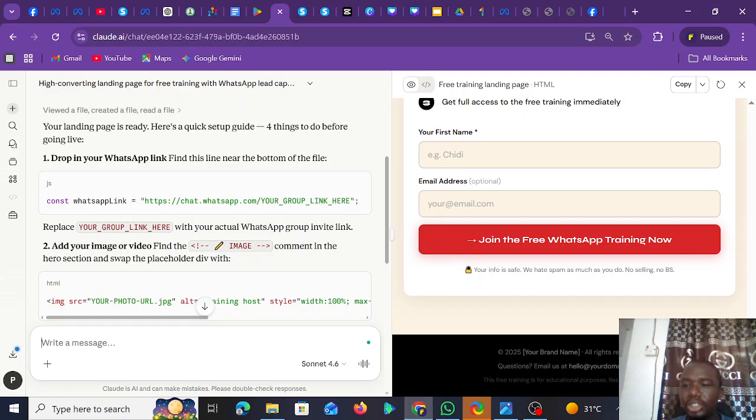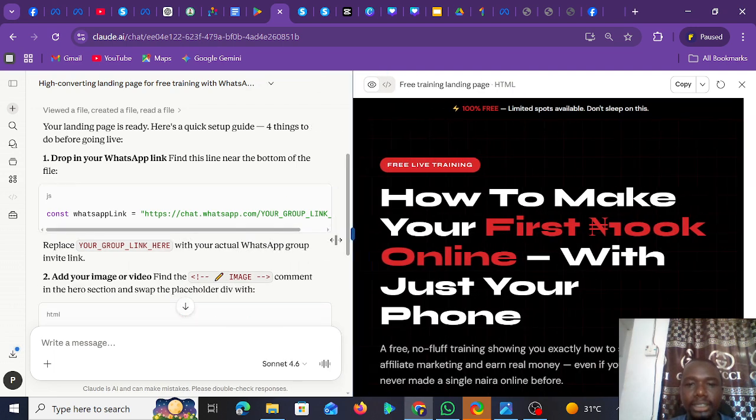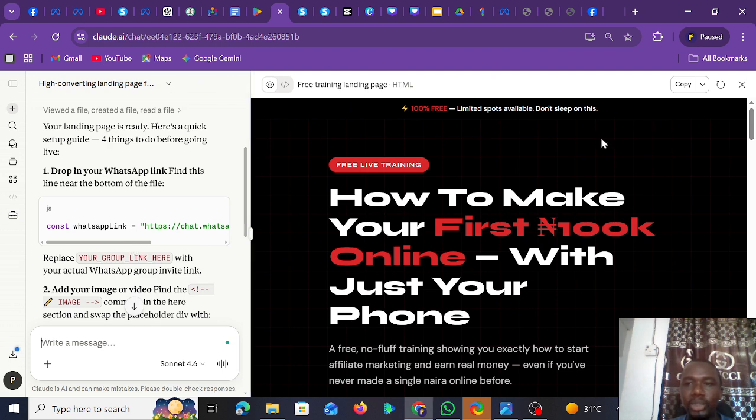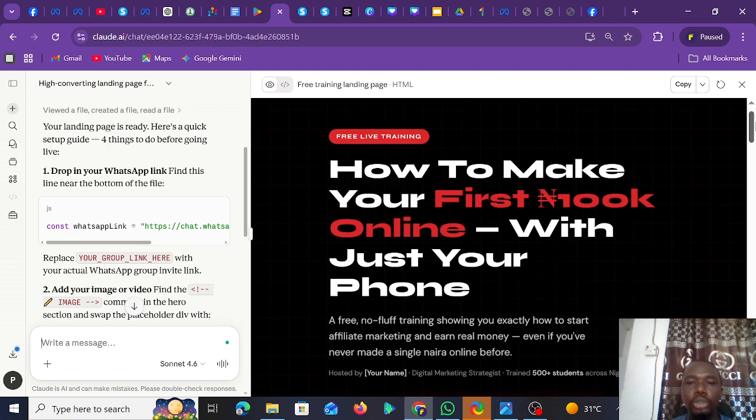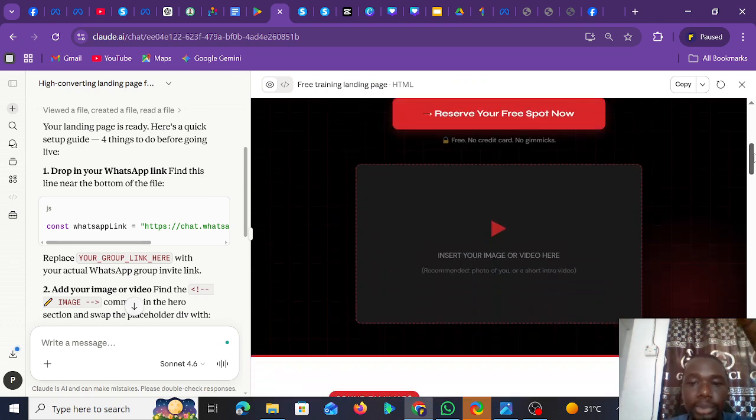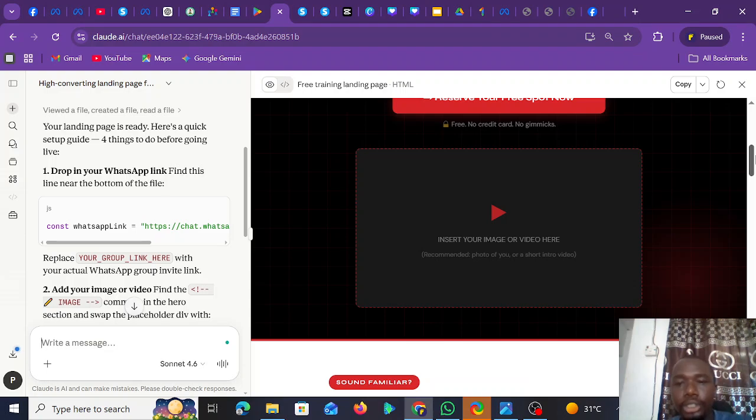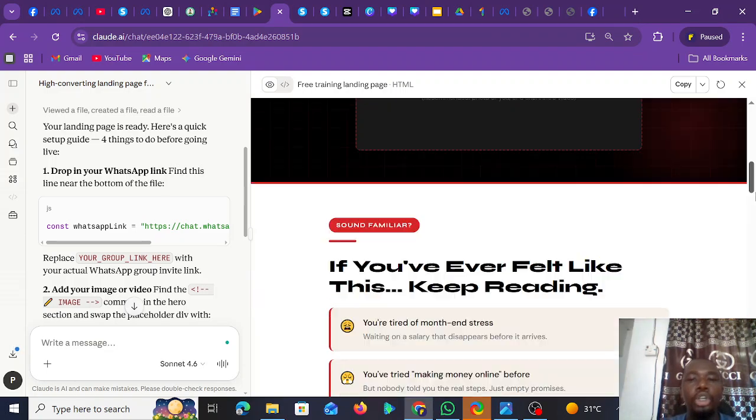Okay, so Cloud AI is done with the design. Now, this is the design. Let me expand this so that you can see how it looks very well. You can see that this is actually very nice. But for you, you might not like this headline. What I'm doing for you is just a sample, so you be the one to tell ChatGPT the headline that you want, and all of that. Also, if you don't want this image, this video or stuff image, you can also